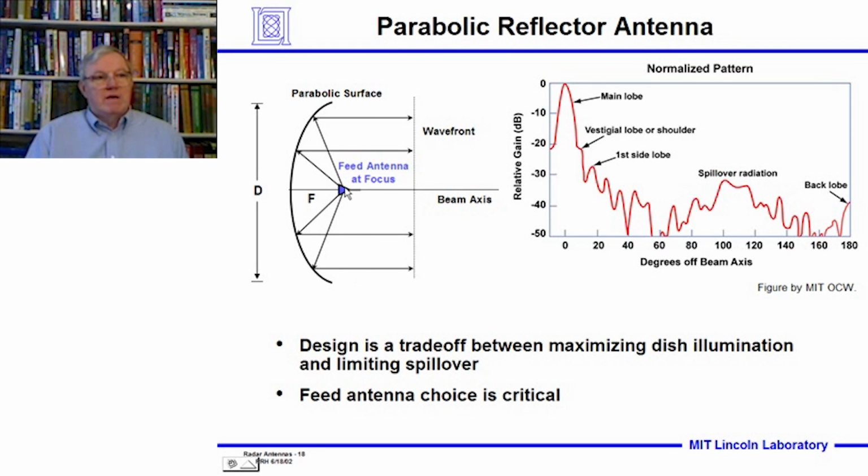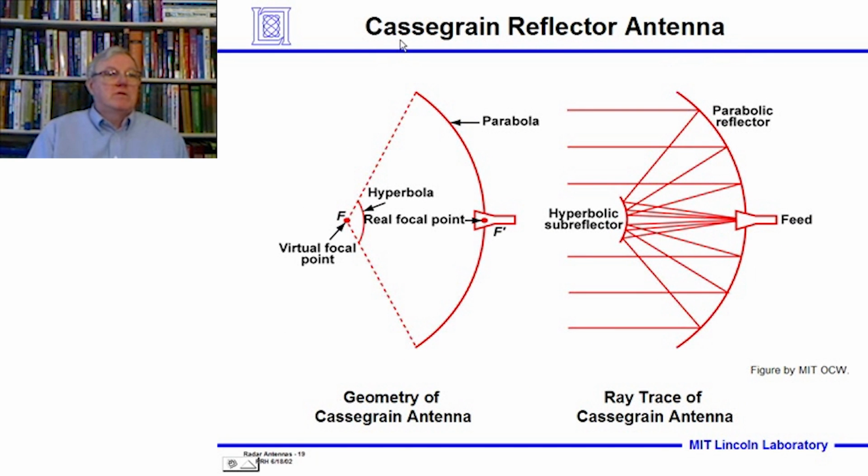Then you're going to have a feed that takes the energy from the transmitter and loops it around behind. And if it's a heavy feed, you're going to have structure to hold it. So you're going to have blockage issues. There's another design rather than a simple parabolic antenna that you can use to mitigate some of these problems, and that's called a Cassegrain